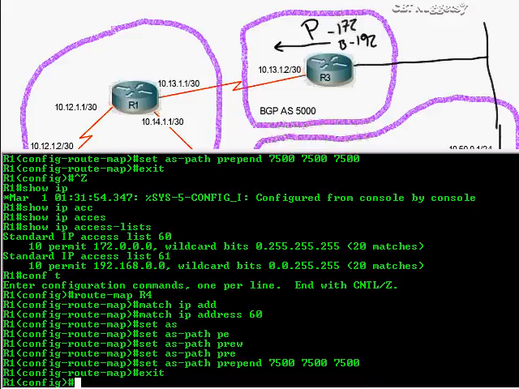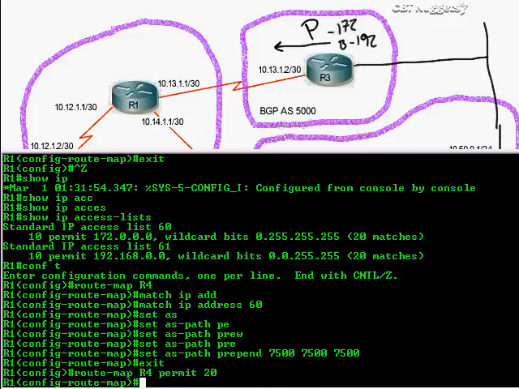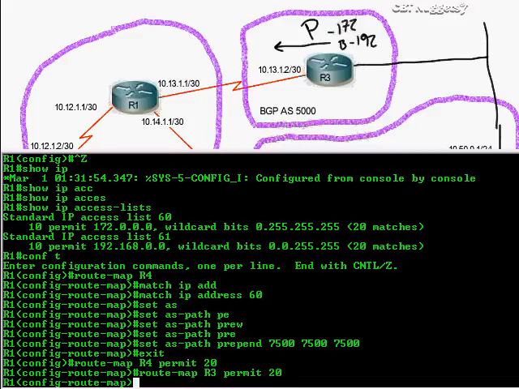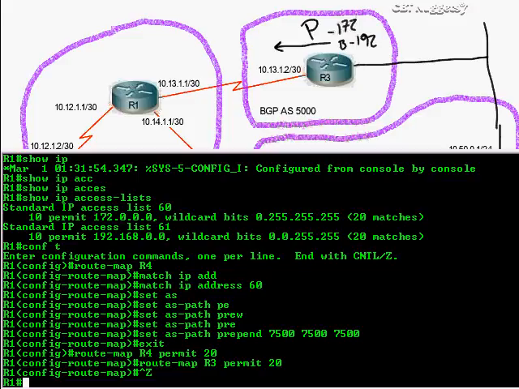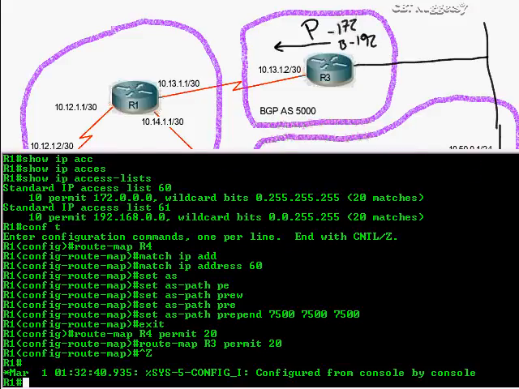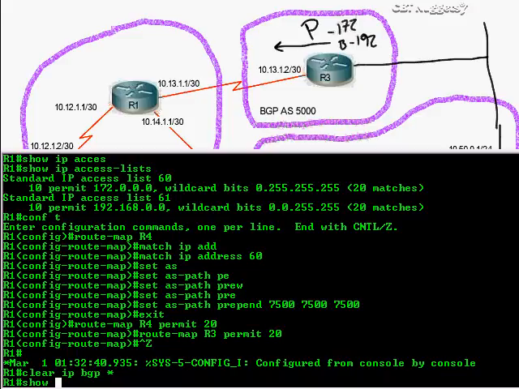Now I don't want the same thing to happen that happened before, so I'm going to make sure I type in route map R4 permit 20 just to allow that permit statement, and also do it for router 3. That'll let all the other routes that don't match those access lists to flow through. Remember, it's just like the permit any statement. Before I do a show route map, let me clear those relationships so they're already started. And to do a show route map